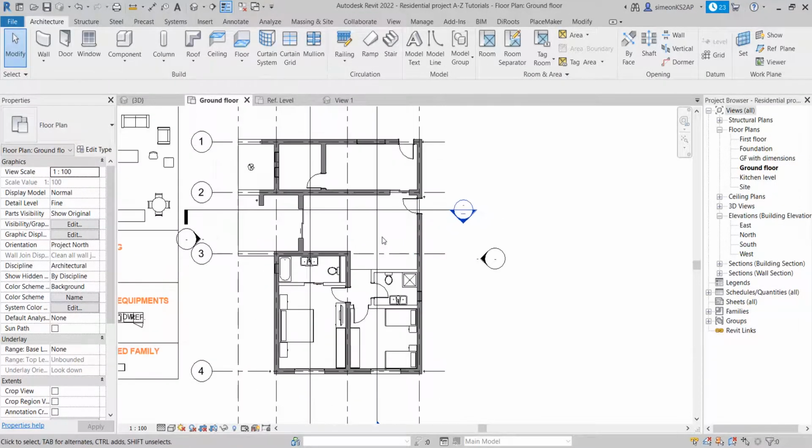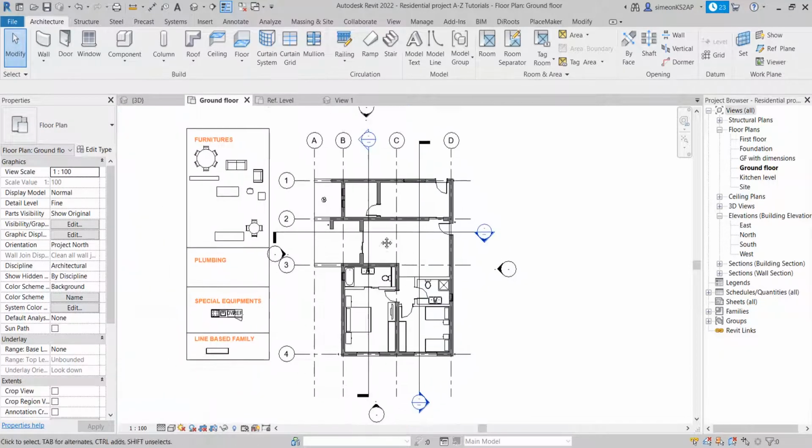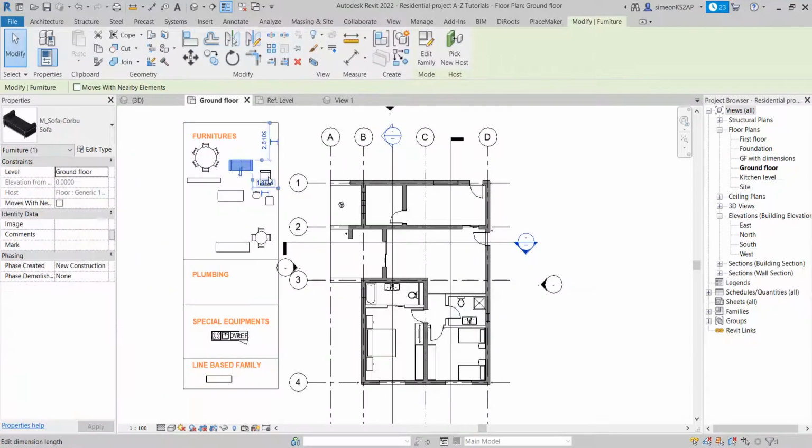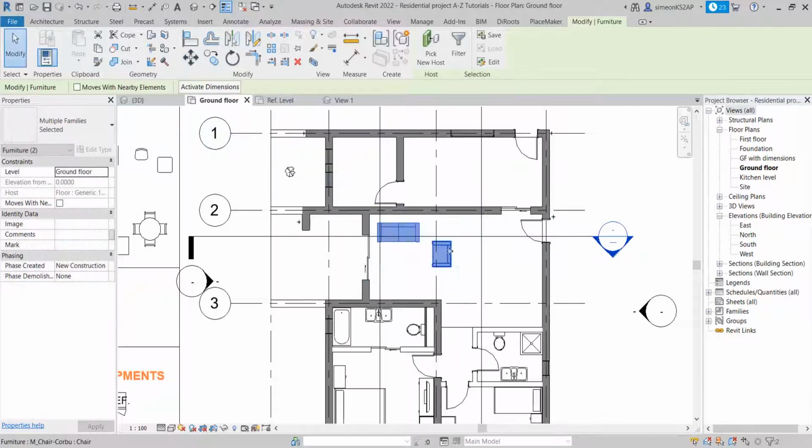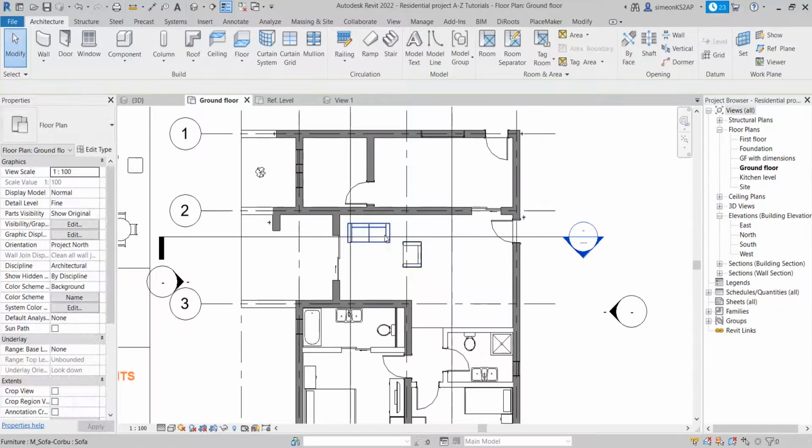Okay, let's now go to the living room and dining room. Okay, so we are going to copy this. Okay, control select. I'm going to move and place it here, like this, and maybe we can